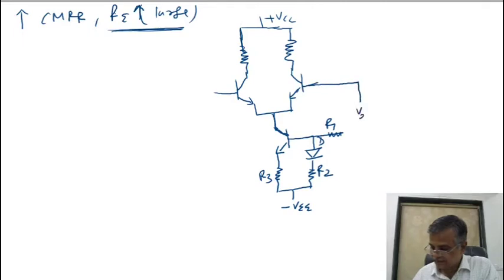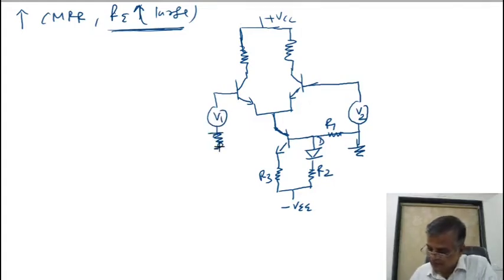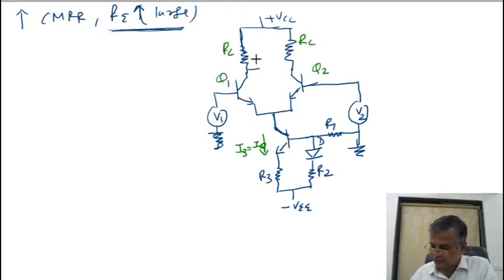And this is your V2 I am connecting, this is a ground terminal, here I am showing you V1, this is your ground terminal. Here the current flowing through this is I3, that is called IQ. We want to show it is a constant current, and for this I will show another way. This is your Q2, this is Q1, this is RC, this is RC. Here voltage is VO1, here voltage is VO2.